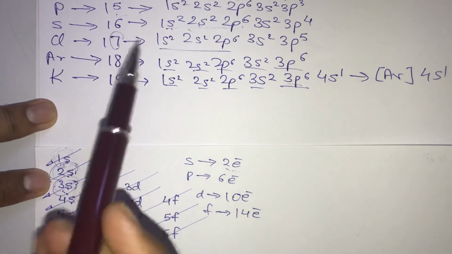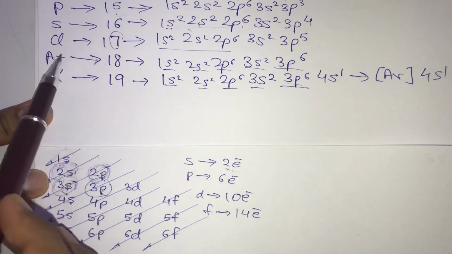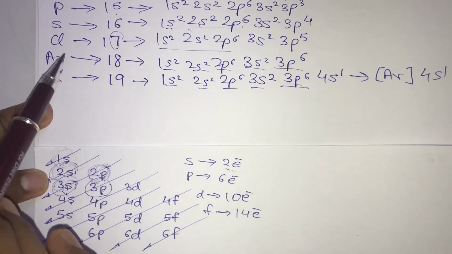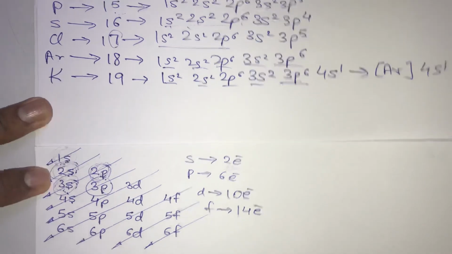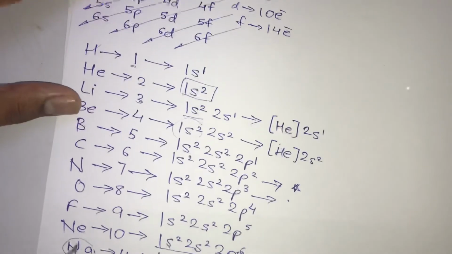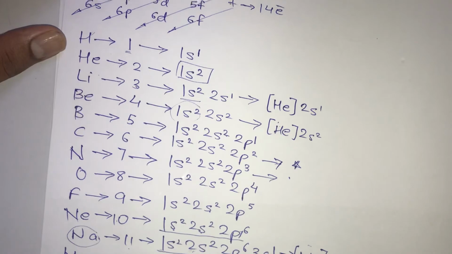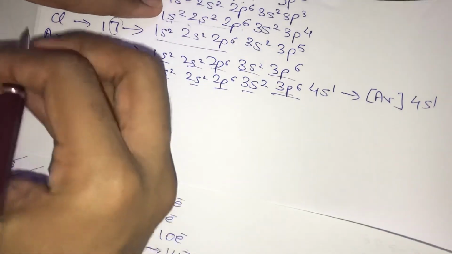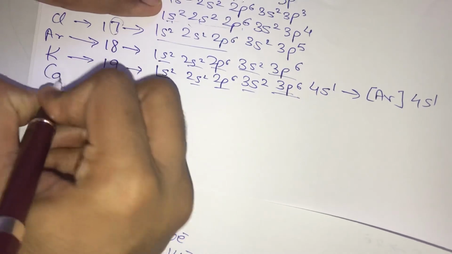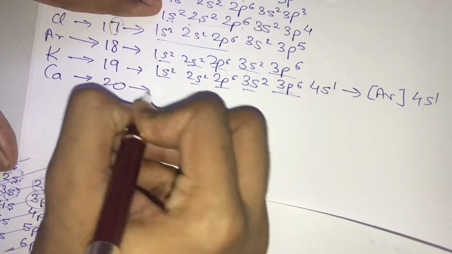But for that, you need to know the electron number of these inert gases. The atomic number of argon is nothing but 18. The atomic number of neon is nothing but 10, and the atomic number of helium is nothing but 2. Okay, let's move on to the 20th, guys, which is nothing but your calcium, whose atomic number is obviously 20.